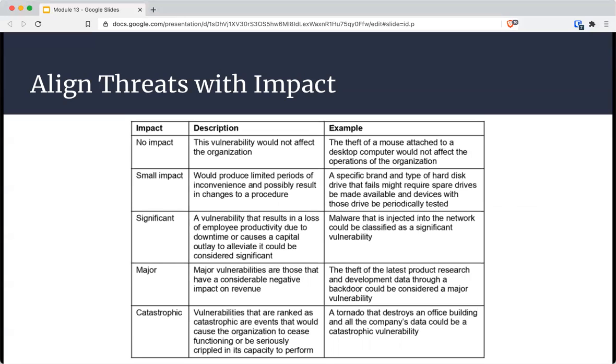So being able to do things like this, taking those threats and putting them in certain buckets to be able to describe how horrible or how not a big problem they are, and being able to explain them is, again, super important. The tools that you'll use are things like port scanners like Nmap, protocol analyzers like Wireshark or tcpdump or any of the others, vulnerability scanners, which the one that you will be looking at this week is Nessus,